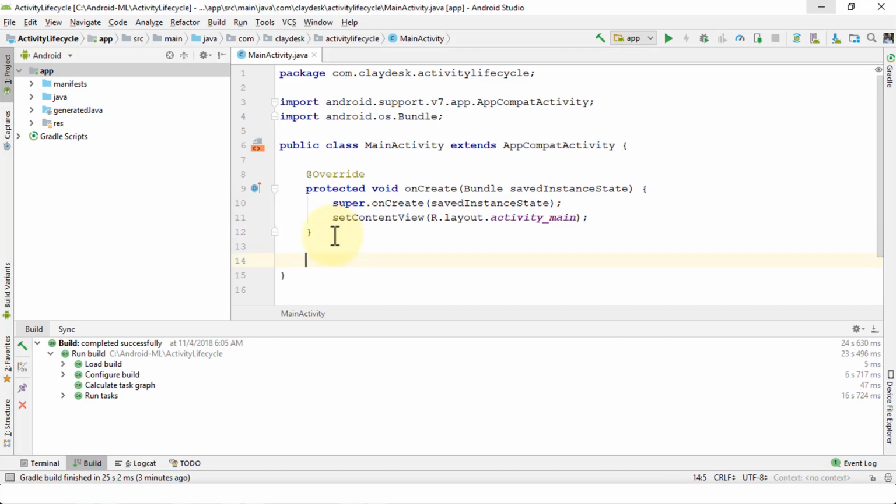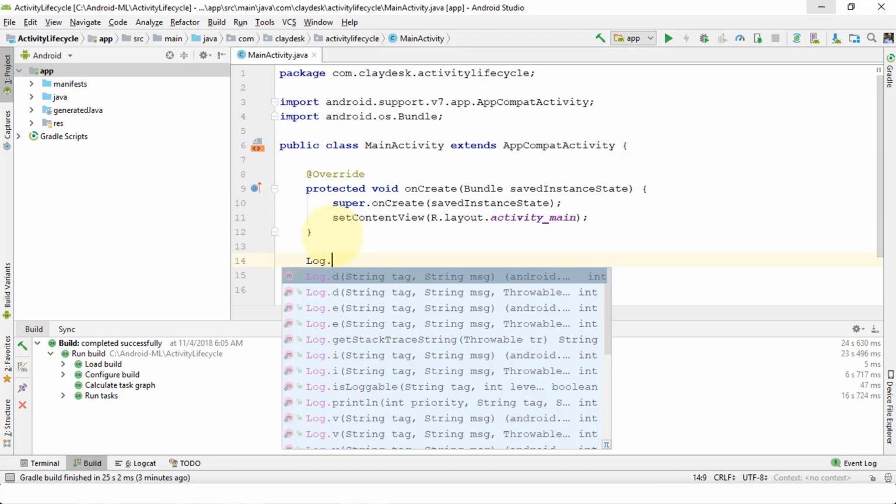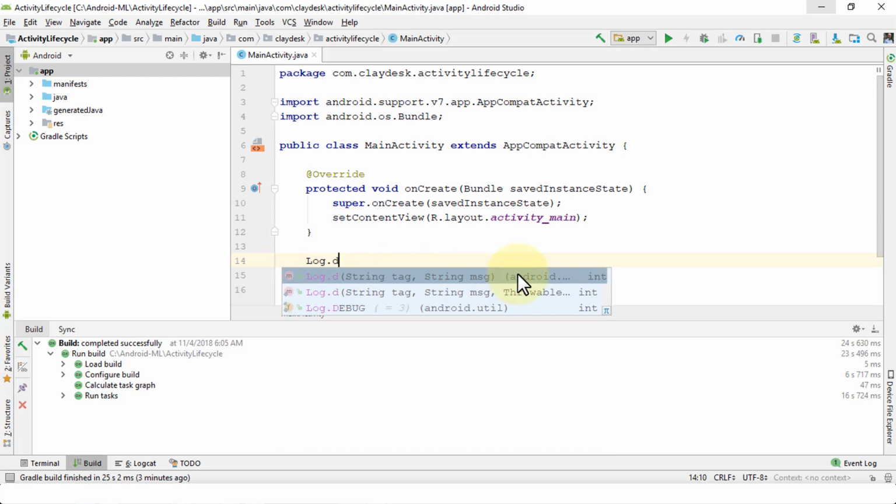I'm going to say Log, and as soon as I do that, notice the IntelliSense brings up several options. So it's Log.d, which is basically what I'm looking for in Android. So I'm going to do Log.d,